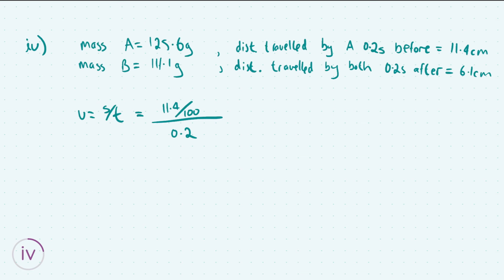The reason for this is that you always do these calculations using SI units, and the SI unit for displacement, or S in this case, is going to be meters. So we need to convert our centimeters to meters before we can divide by the time. Now that we've done this, we see that 0.114 divided by 0.2 should give us our velocity. By plugging this into our calculator, we find that our initial velocity is going to equal 0.57 meters per